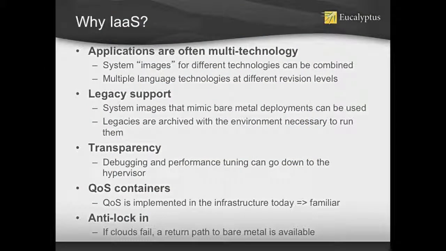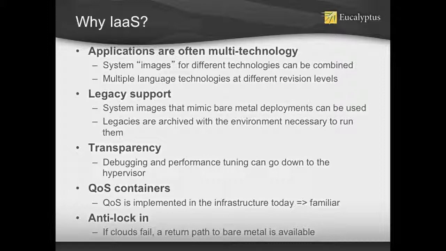Okay, so what I wanted to do here is talk a little bit about why infrastructure as a service so far has been the cloud model of choice. There's infrastructure as a service, there's platform as a service, which we're starting to hear something about in terms of excitement, but not really in terms of usage, and then there's software as a service, which everybody loves. But really in the cloud model, infrastructure as a service so far is the dominant paradigm. And the reason is because of several factors.